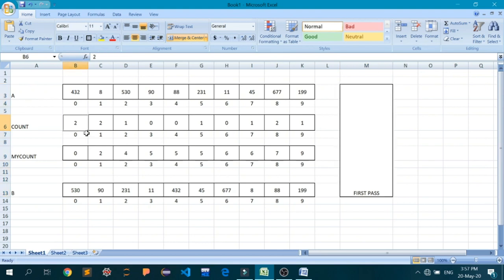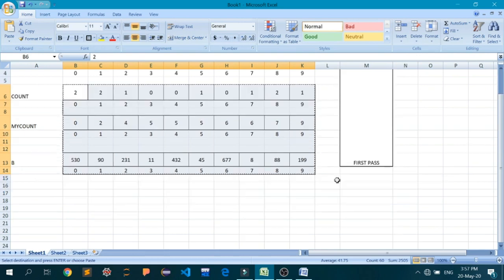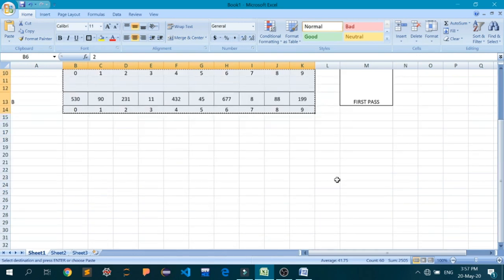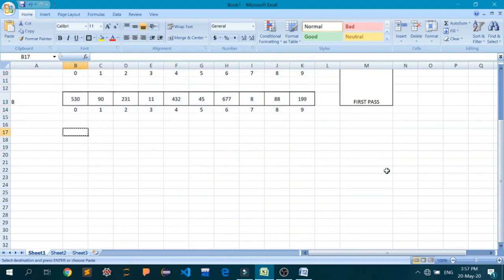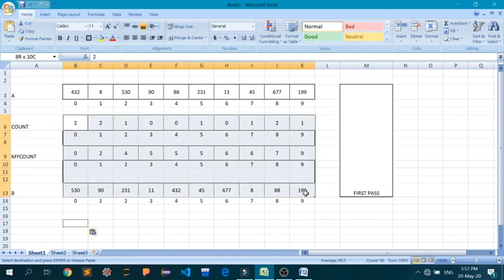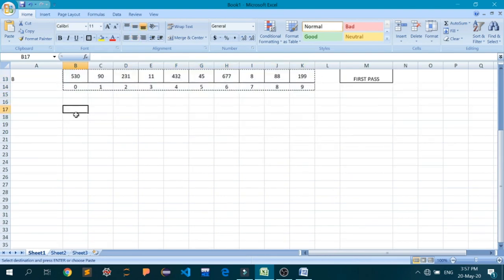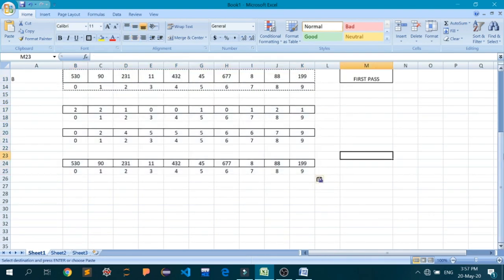So I will just copy all this stuff, Control C, and let's go below. I have to copy it again. Control C and yeah. Okay, so I'll first erase all these because we are at the second pass now.